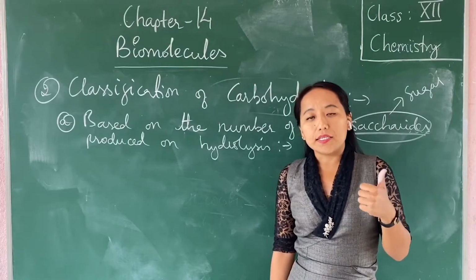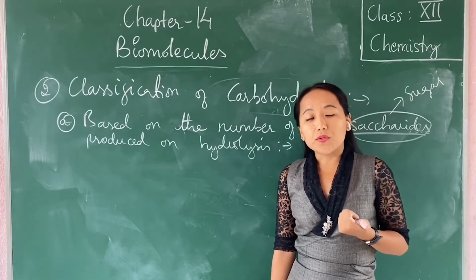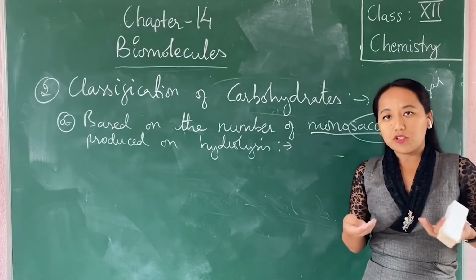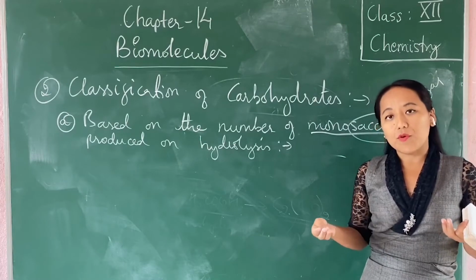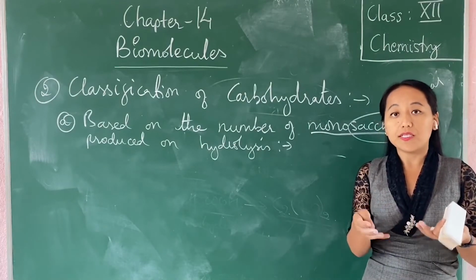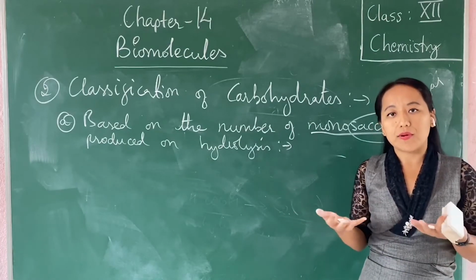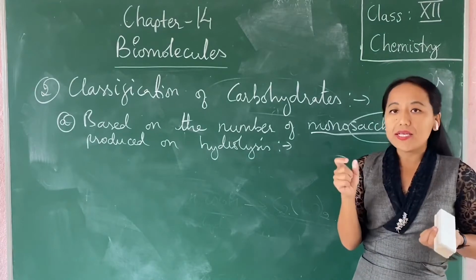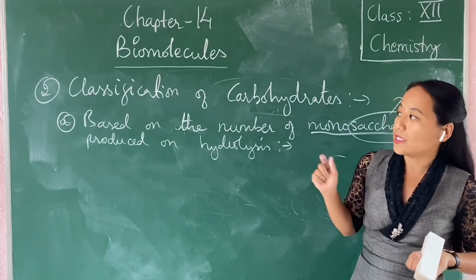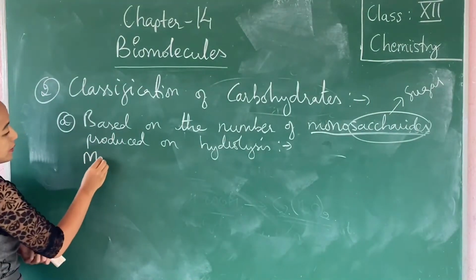Similarly, there's fructose, which is again a monosaccharide, and ribose is also a monosaccharide. Now what happens is, when you hydrolyze starch, you get n number of monosaccharides. When you break down the starch, you will get many monosaccharides, because starch is built up of many monosaccharides coming together. So based on the number of monosaccharides produced on hydrolysis, it can be further classified into monosaccharides,